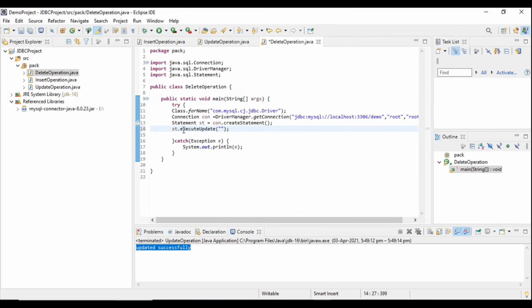So the query for delete operation is, close the connection. So I am going to delete data from student table whose ID is 1.